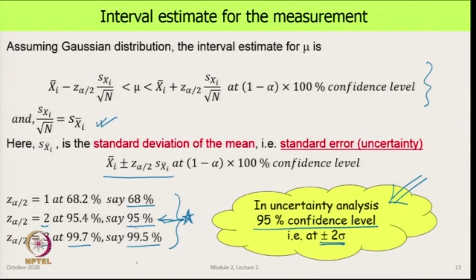99.5, 99.7% confidence level will come very rarely. In some arguments, we will come across this. Almost always, we will stick with this. And although statistics goes into all other values of this, for this course, that is not a concern for us. We got what we want, which is this thing.